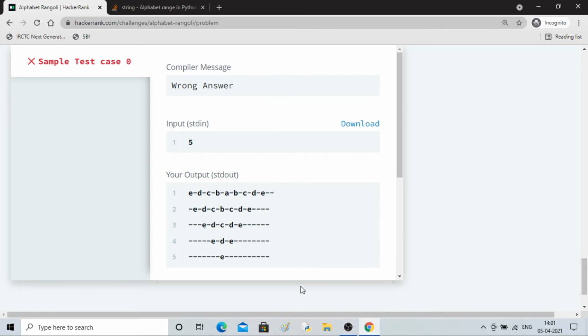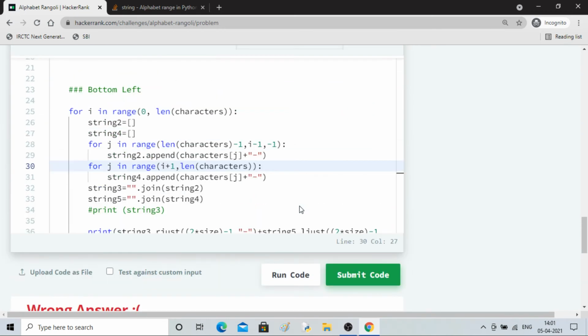Now this is correct, but still there is some misalignment, right? E, D, C, B, A, then B, C, D, E. Till here we want. So 2 dashes we don't want, right? In right. E, D, C. There is some problem. I mean, it doesn't look correct to me.